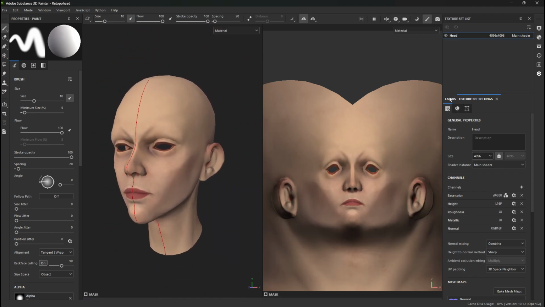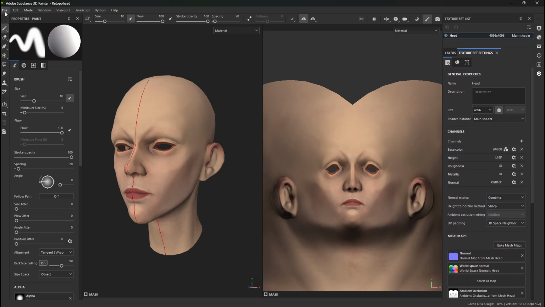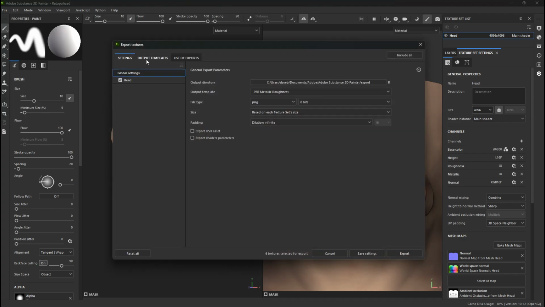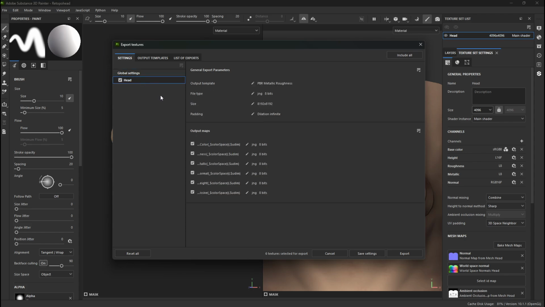So I've got my textures, whatever. File, export textures. And then my output file type can be PNG, can be whatever I want. So I'm going to leave it as PNG. The only thing I'm going to do is, for this, I'm going to export it as 8K, so the highest resolution I can. I'm doing this over everything. This is a global setting. I can change it per